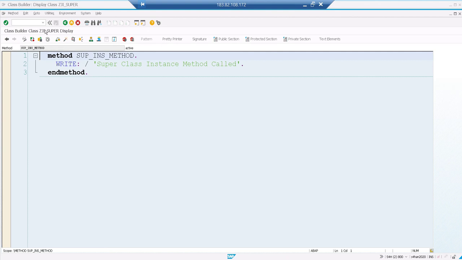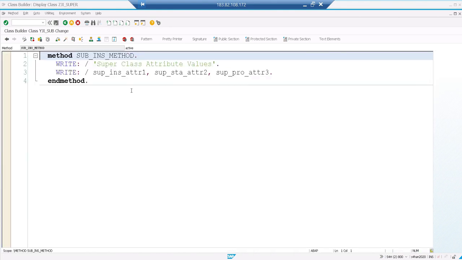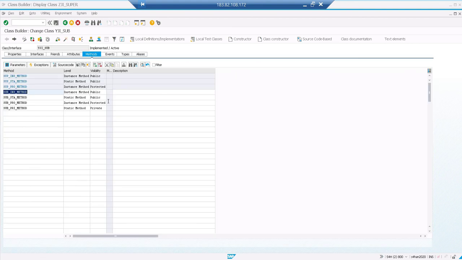So this is the ZJI superclass, this is the method, and this is the write statement. If I double click a subclass method, it takes me directly to the subclass method code in the editor, because this is my subclass method. You should understand this very clearly. These initial methods have implementation available only in your superclass. If you double click the superclass static method,